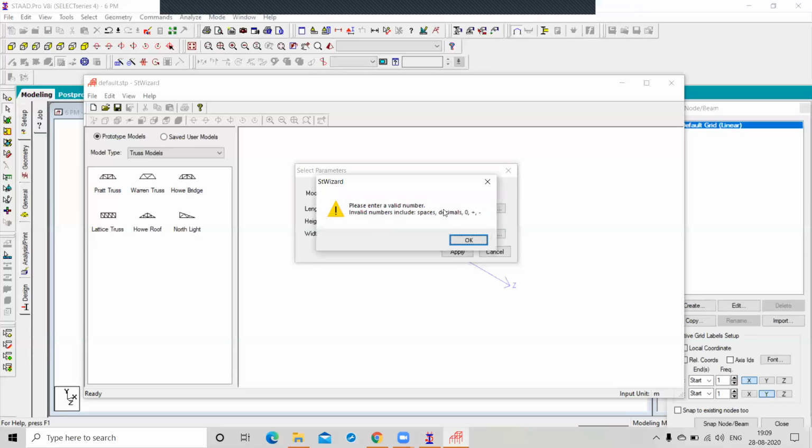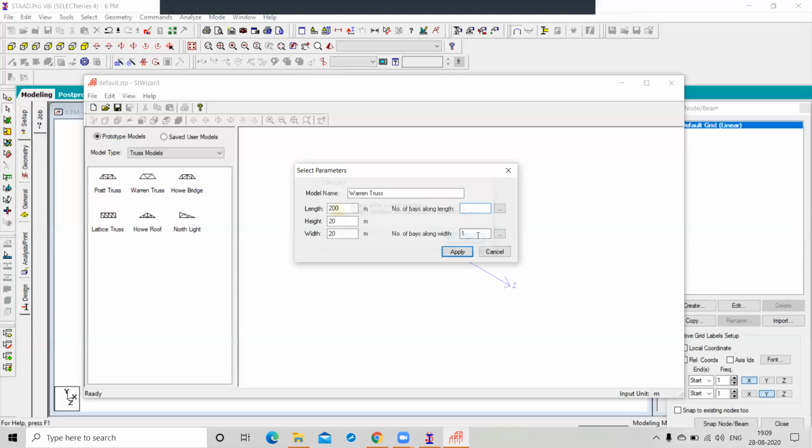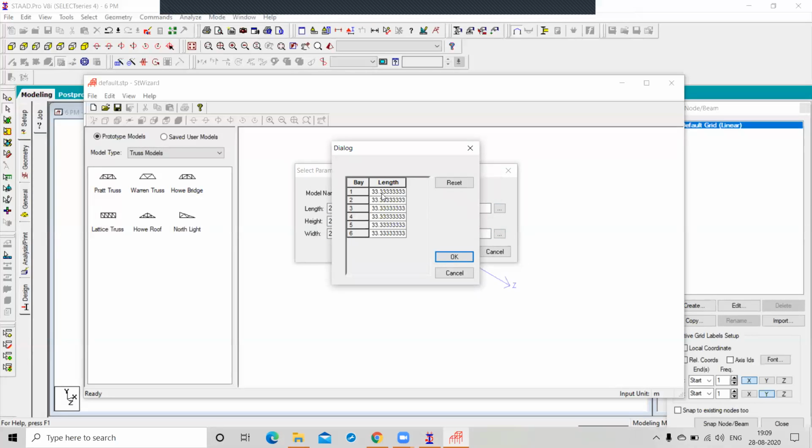Okay, you can give 6. Now this 200 length is divided into 6 equal parts, like this, 33.33. Now if you want to change the distance to a different length, give here 40 as the distance.